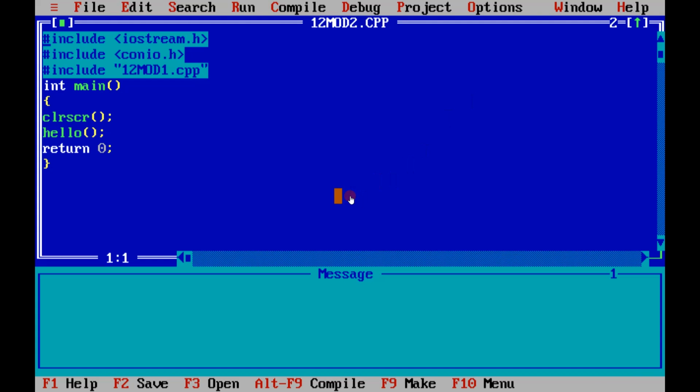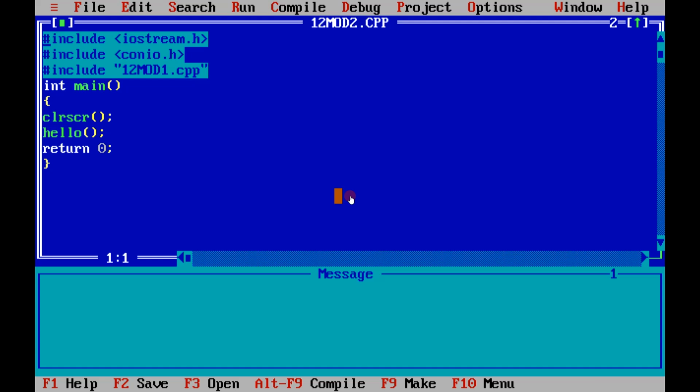And what was there in 12mod1? There was only one function, hello, and that function is only going to print hello world. So let us see if this module 12mod2 can access the function which is in module 12mod1.